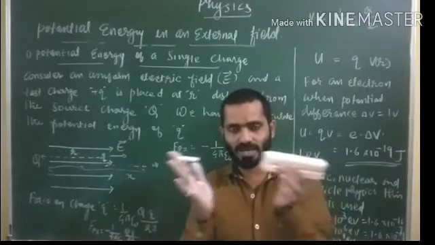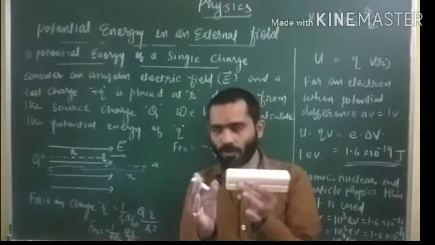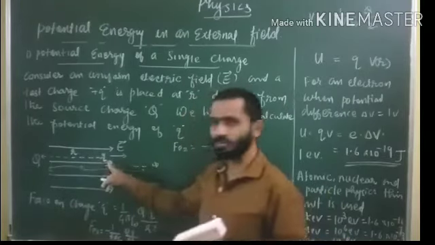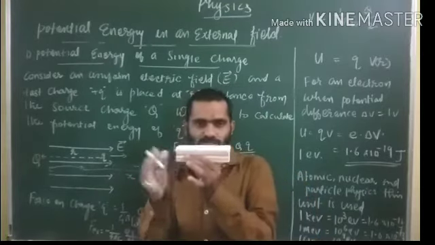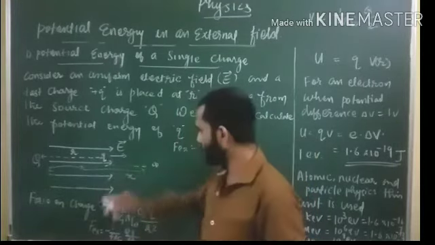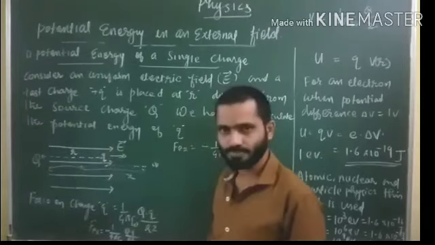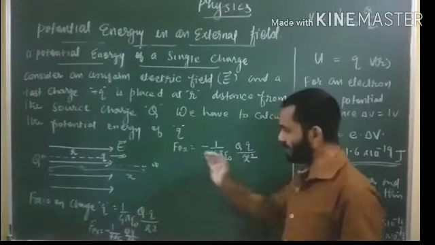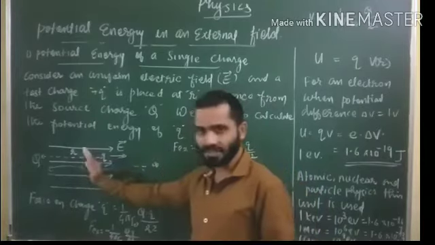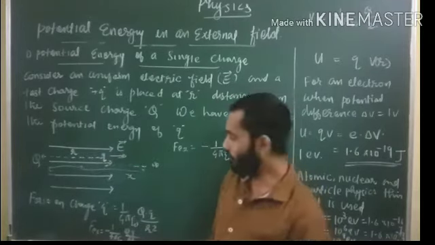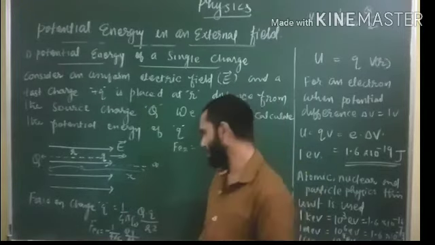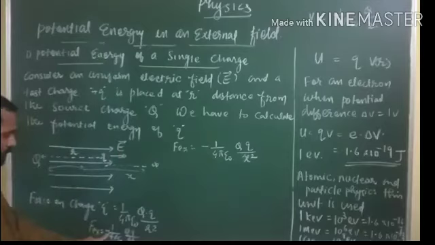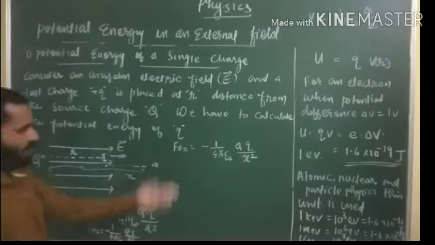both are positive charges. That is why it is a repulsive force, because the source charge and this charge we are taking as positive, so that will be a repulsive force. Repulsive force means this will be pushing the charge in this direction. So this force is in this direction. But we want to bring this charge in this direction, opposed to that one. So we have to apply the same amount of force but in the opposite direction. That is why we have taken minus 1 by 4 pi epsilon naught q into q divided by x square, or the r square.